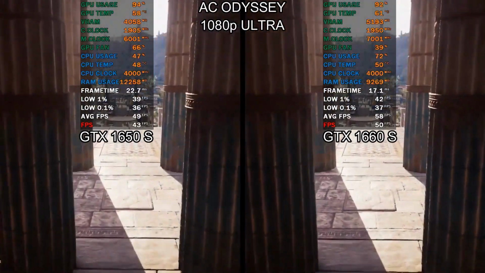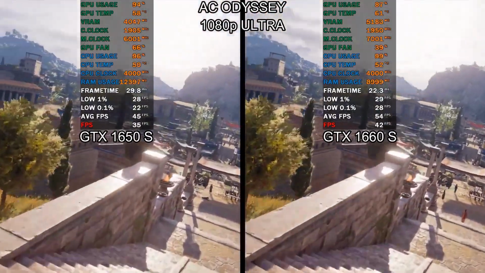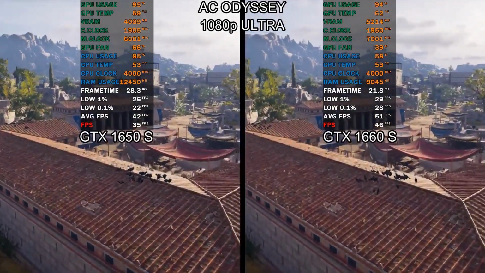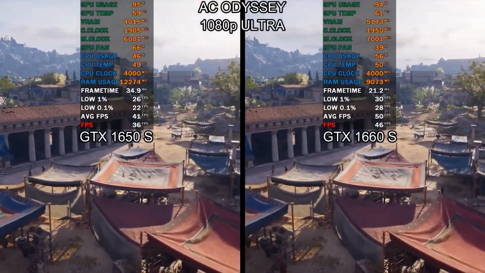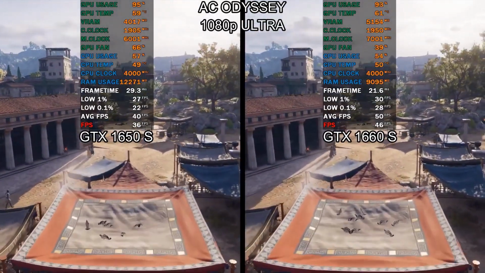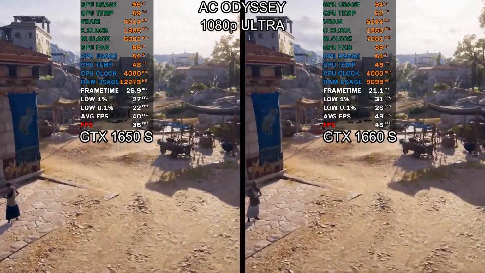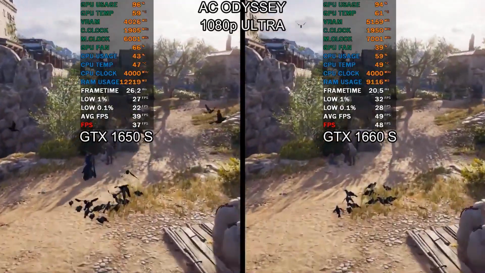The next game is Assassin's Creed Odyssey, 1080p ultra settings. You can see we are averaging about 35, 36, 38 on the GTX 1650 Super, but on the 1660 Super 47, 49, 45, again a 10 to 15 FPS difference in this game. But if you want to enjoy this game at 60 FPS, I would recommend going towards 1080p high settings